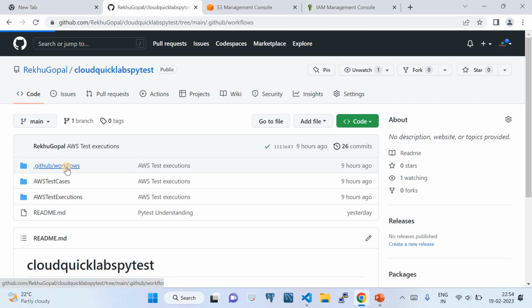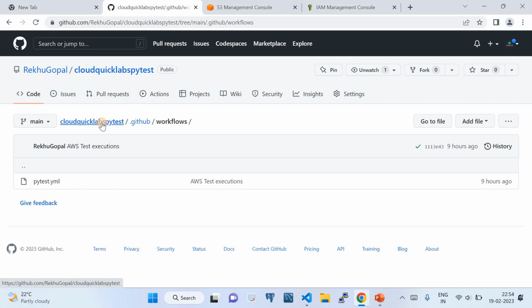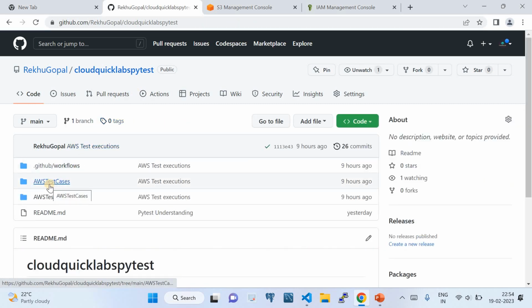That is in the form of a YAML file. Then I have another two folders. The first one is AWS test cases, the other one is AWS test executions. As the names of these folders say, the AWS test cases folder is going to host the test